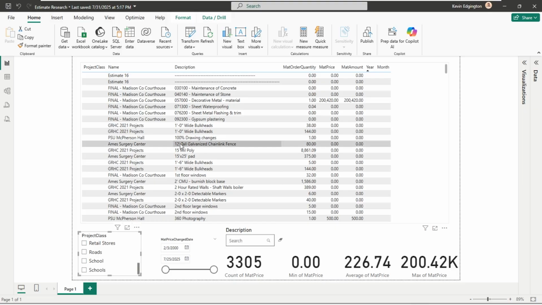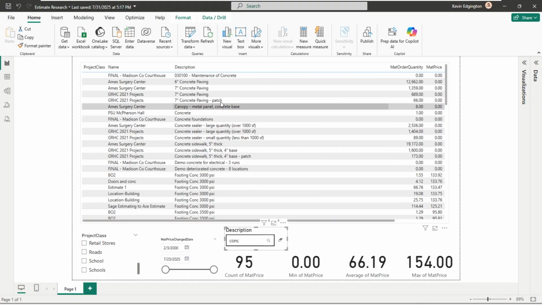If you notice, the neat thing about these reports is they're interactive, that as I work with these different cells, it can change the grid that's up here at the top. So for an example, if I want to put a date range on, which I'll do in a moment, or in this case, I want to search for a description. So I want to go find something to do with concrete.